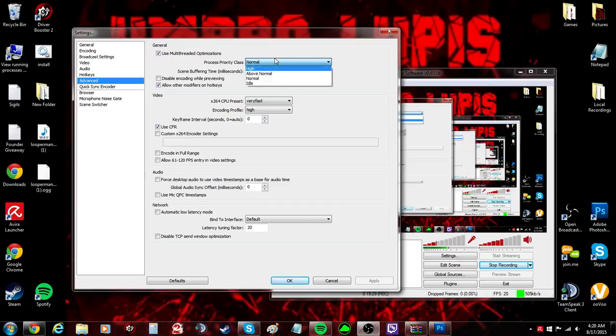Normal processing quality, I have normal. You don't want to set it to above normal or high. Let's see. The scene buffering time, milliseconds. I don't need to worry about this because I don't buffer the stuff that I record or stream. Disable encoding while previewing, I have that unchecked. Allow other modifiers on hotkeys, I have that checked. I don't think I do need that checked though. I'm not sure. It's checked for a reason, so